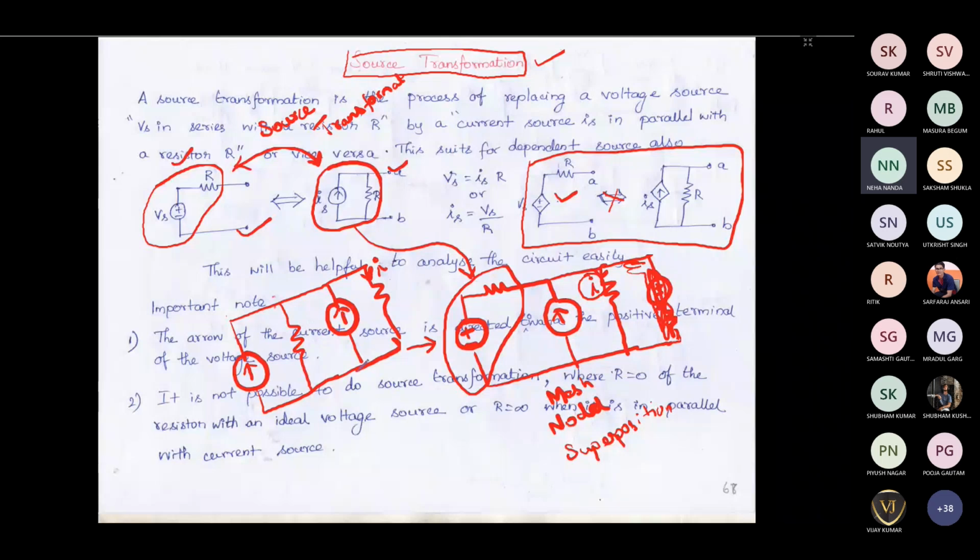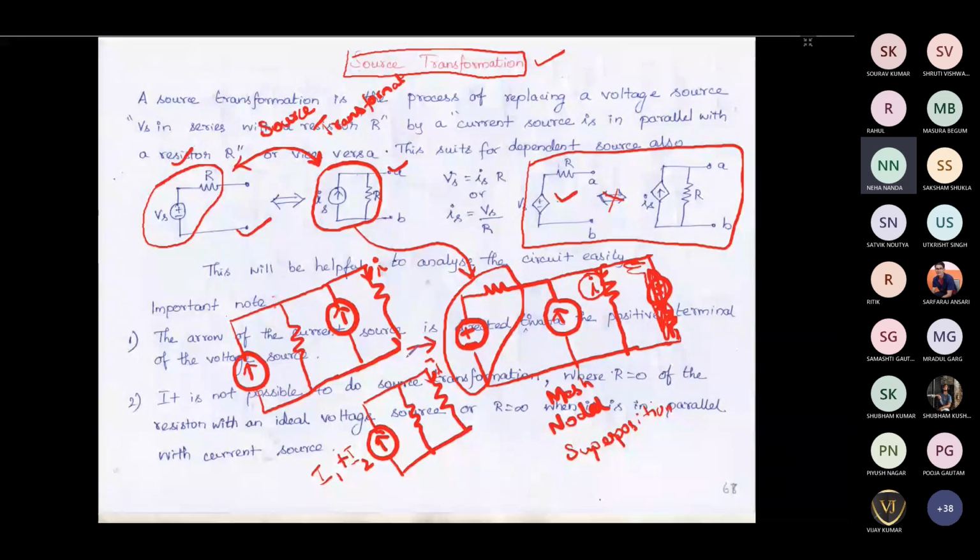Already when we talked about KCL, we said that if you have two current sources in parallel, you can find the overall current value like this. If the current directions are the same, you can add I1 plus I2. Then you have one resistor and another resistor. So now it is very easy to find the current through this one. Again, you can apply the current division formula here to obtain the current through this.